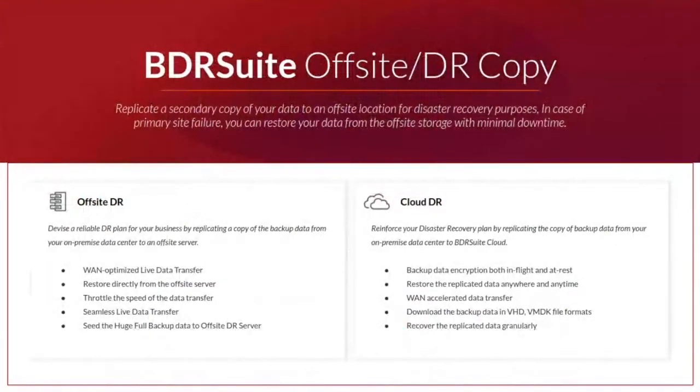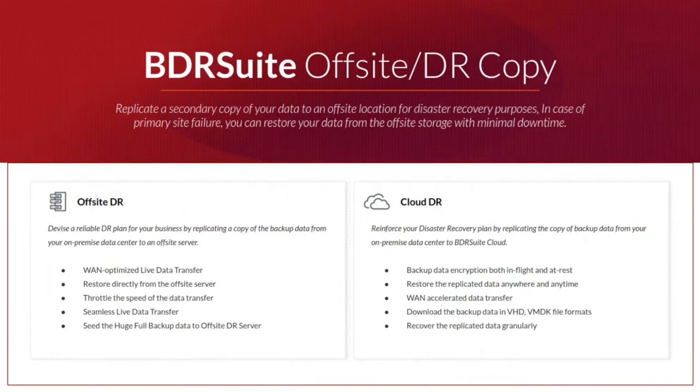And when I'm mentioning the DR part, in the DR section I'm actually referring to an offsite or DR copy. So what is this offsite or DR copy? Just to have a secondary copy of your backup data in order to cater to the 3-2-1 backup policy. So to have one offsite copy, either in your own offsite location, that could be a secondary data center or a remote office or a branch office of yours, or you can just store it in Cloud DR,